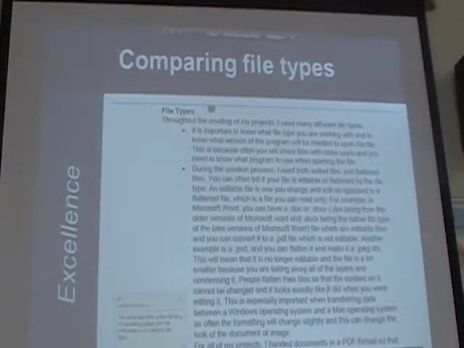People flatten their files so that the content cannot be changed. It looks exactly like they did it. This is especially important between a Windows operating system and a Mac, as often the formatting will change slightly, and this can change the look of a document or an image. So,